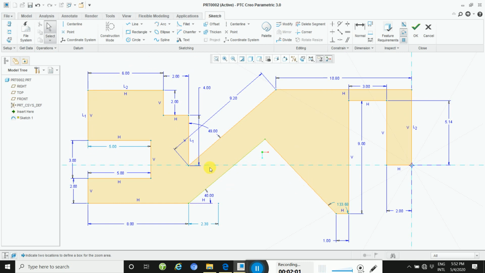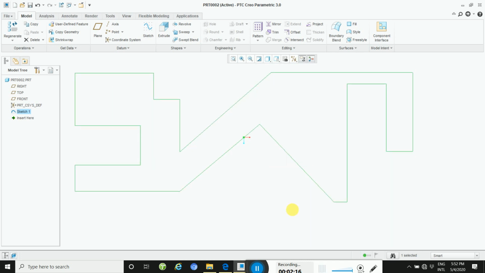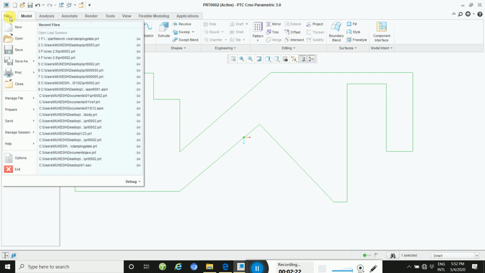Otherwise, write down these dimensions and then try to draw in Creo. The drawing will be this way. First you will close: File, then Close.